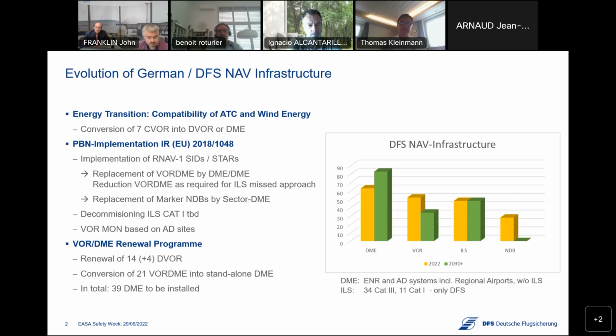We implement ANAF procedures subsequently within this decade, ANAF 1, SIDs and STARs. And these ANAF procedures will concentrate on GNSS, of course, and DME infrastructure. And as you may know, the highest level of flexibility would be to have RNP procedures, but the RNP procedures require GPS only. We cannot revert within RNP procedures from GPS to DME. Therefore, we are planning ANAF 1 procedures which allow a reversion to DME. And that's the main planning for the introduction of PBN, and the MON VOR